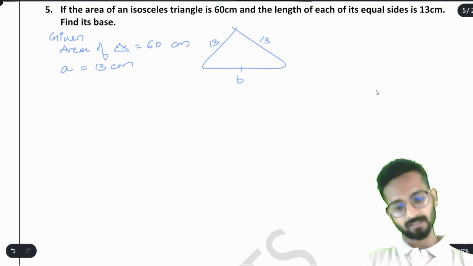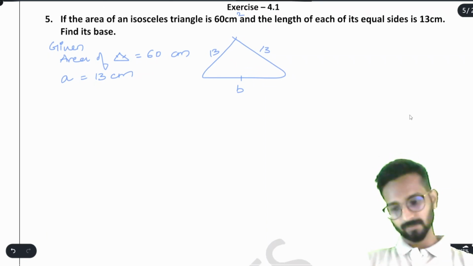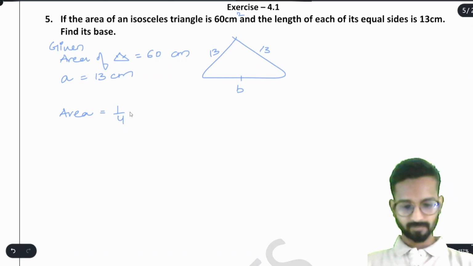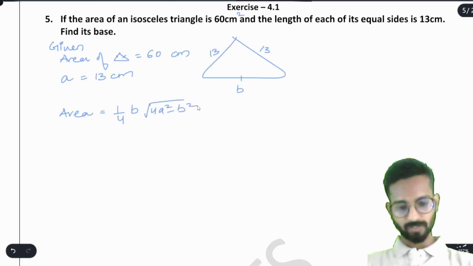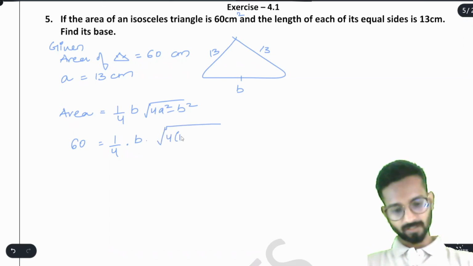I can say here area is 60 centimeter square. We can say area is equal to 1 by 4 into b, root of 4a square minus b square. Area is 60, 1 by 4, b is b, root of 4, a is 13, square minus b square. 4 will go this side, 240,